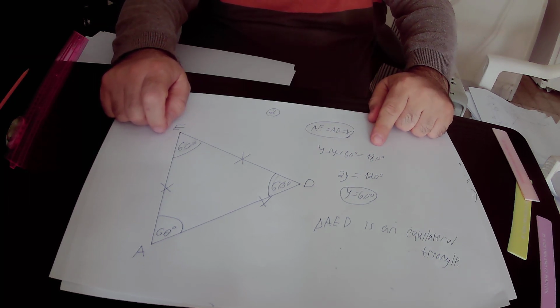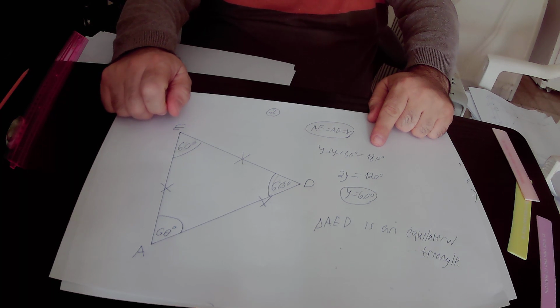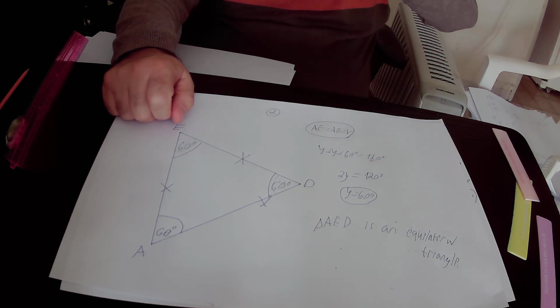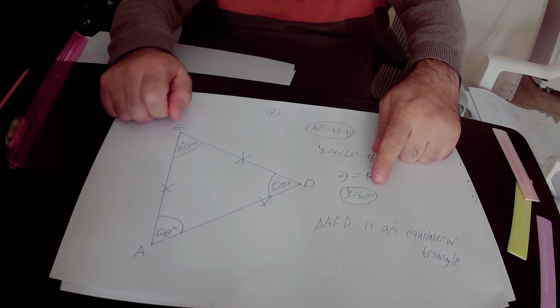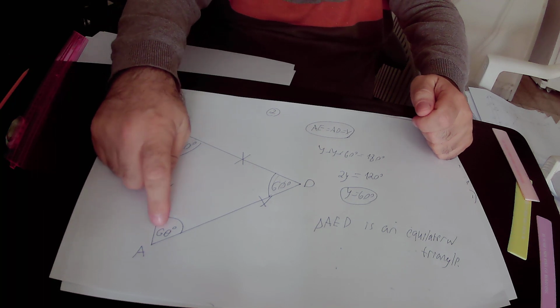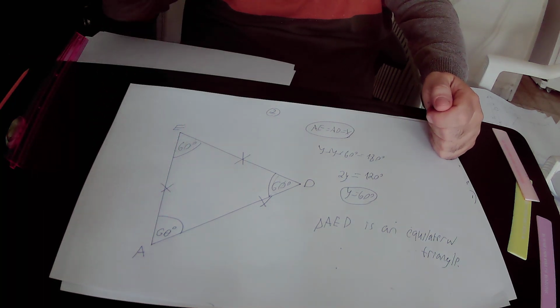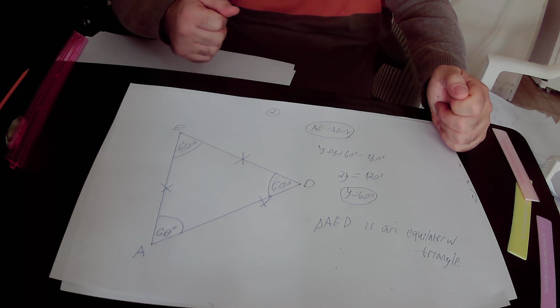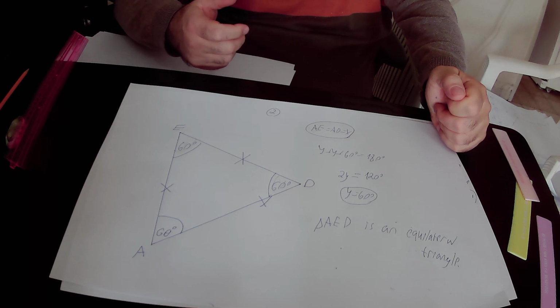180 degrees. We subtracted 60 degrees from this equation, and we got that 2y equals 180 degrees. We divided this equation by 2, and we got that angle y equals 60 degrees. So this angle equals 60 degrees, and this angle also equals 60 degrees. Therefore, triangle ADE is an equilateral triangle, and we know that all the sides of the equilateral triangle are equal